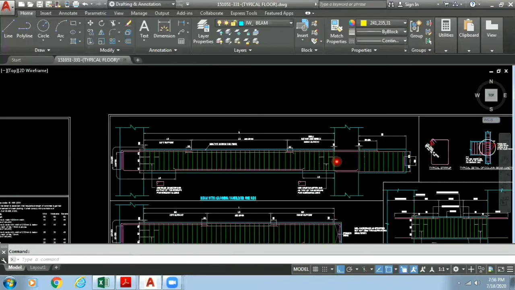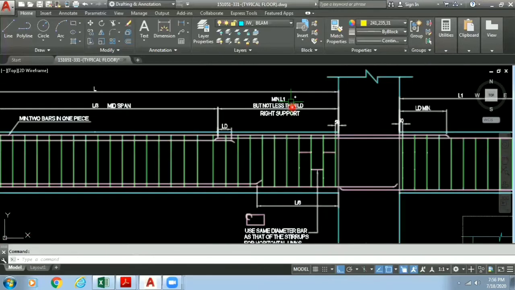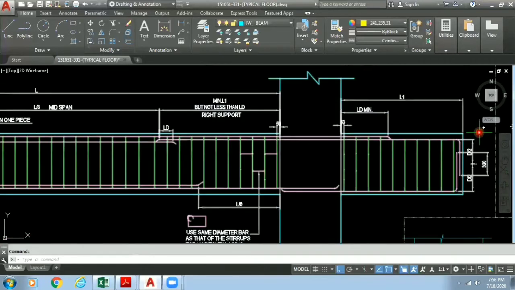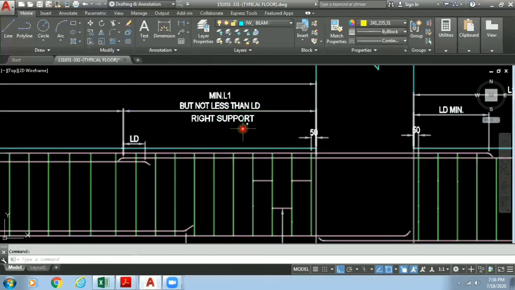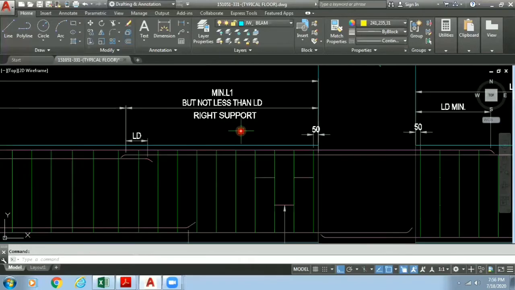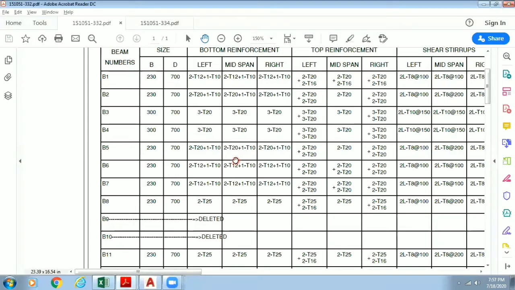When we see our general detail, it has specified as minimum length L1, meaning whatever is the length of your cantilever beam, that length should be provided, but it should not be less than the LD of the right support, that is, it should not be less than the development length. Correct? So it should be either greater than development length or greater than your length of cantilever beam.